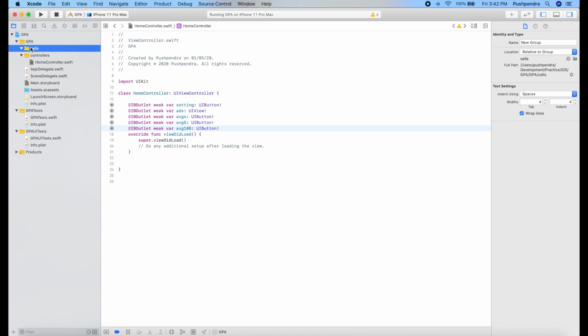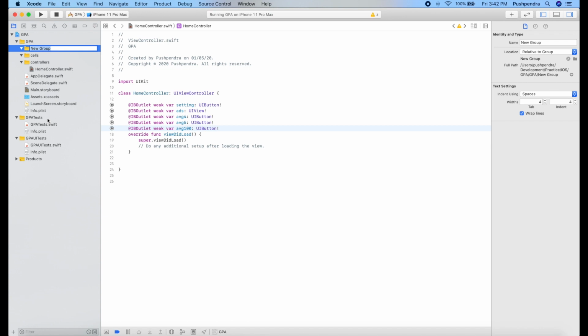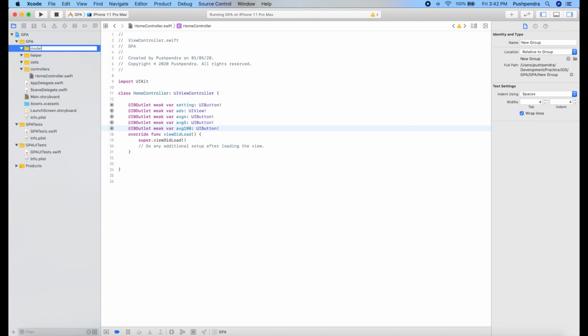All the related cells files will be inside the cells folder, so it will be easy to navigate. And this is helper finally. And one more, models. Okay, helper will contain the helping files, and models will contain all the model files.